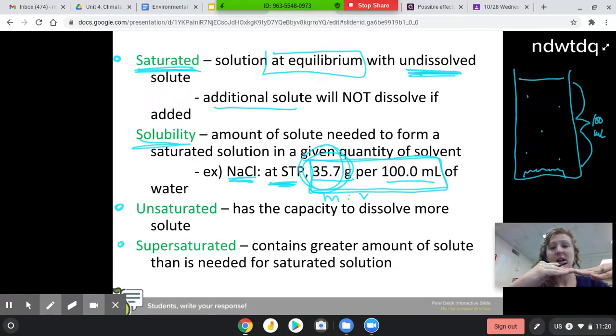And then when we lower the temperature back down, the solubility should lower. So in the case of salt or sugar, if we get a lot of sugar to dissolve and then we lower the temperature back down, what happens? Has anyone ever done this before? What'll happen is crystals form. So think rock candy, right? You get a ton of sugar to dissolve, you put a string in there and then you lower the temperature back down. Well, all that excess sugar clumps onto that string and comes out of solution